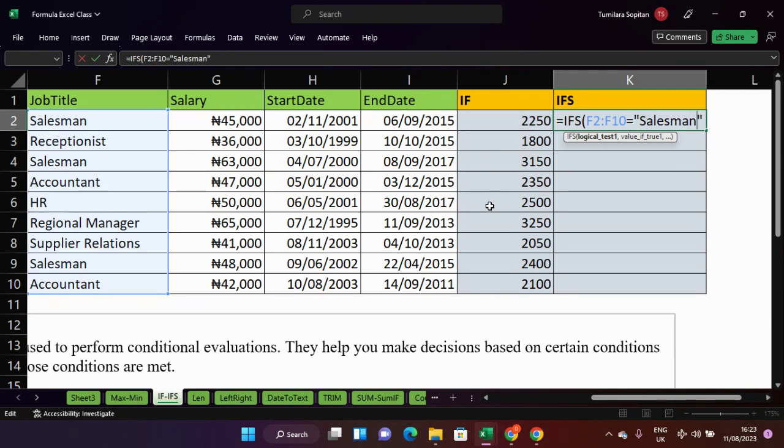If the job title is salesman, we want to say, okay, keep them. If the job title is salesman, if the person is a salesman,